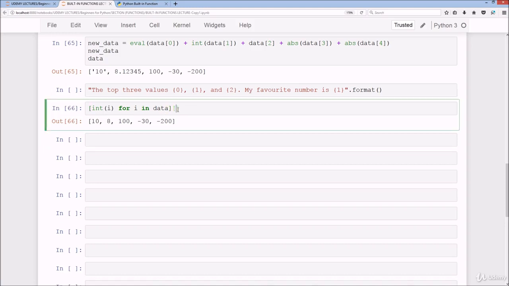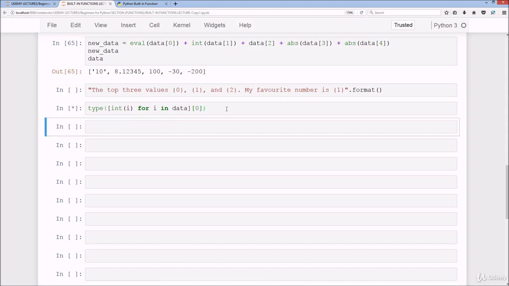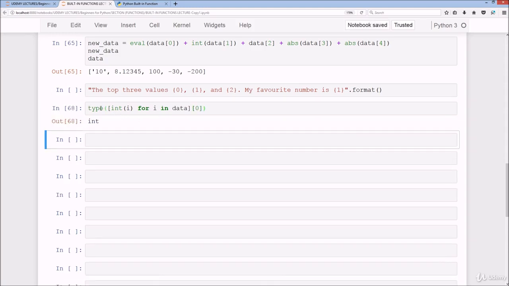And if I were to do 0, we get 10. And if I check what type it is, this should actually just be an integer. Great, so it's converted it into an integer for us. We don't have to actually use the eval function here. But the problem is,